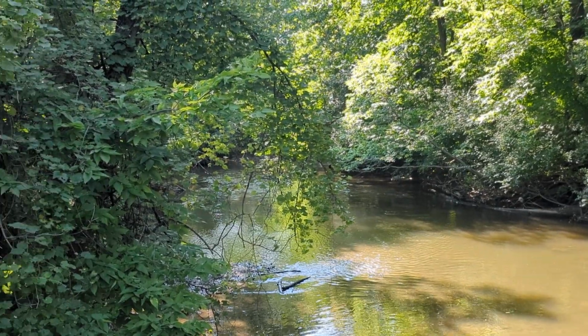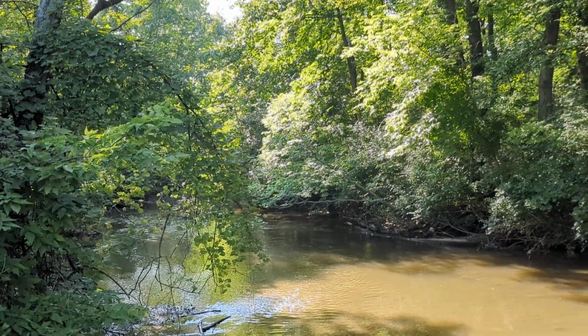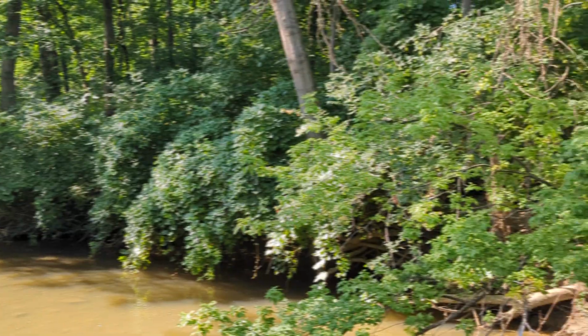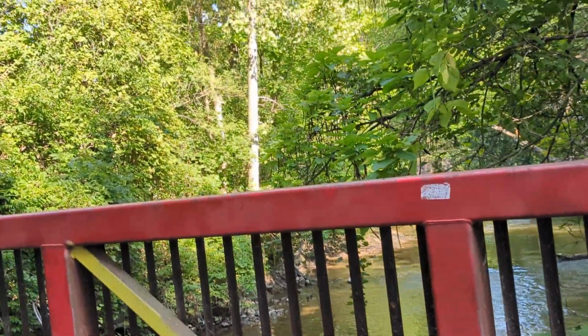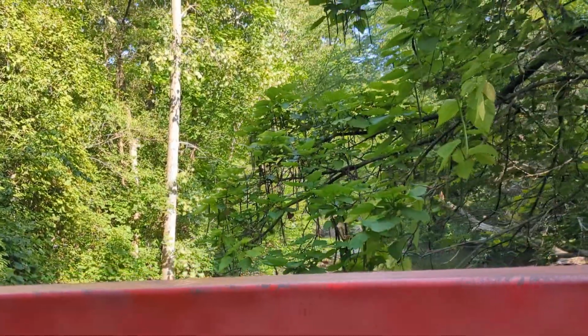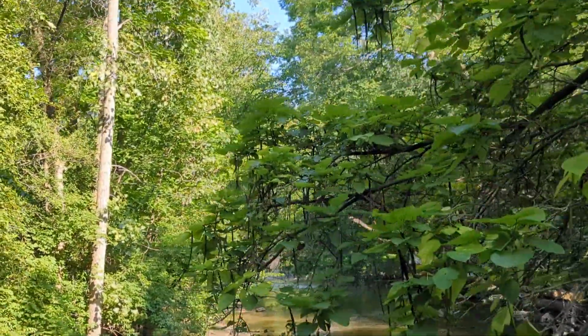And got a motor cruiser behind me on the walkway bridge, whatever, you know. There was a bird, but I don't know what kind. So we're looking again